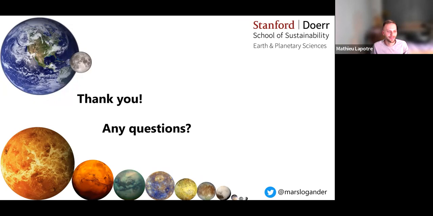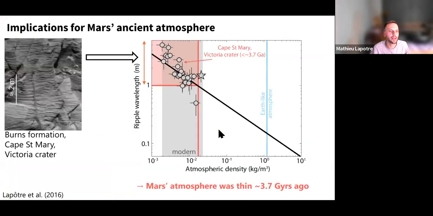I can actually turn the camera. I had a question about your third example with the ripples on Mars versus Earth. You had three equations. I'm not a sedimentologist, but I was looking for the G for the gravity. And I saw the third one had a gravity factor. And since Mars only has 40% of Earth's gravity, it seems to me that should have an impact on how the ripples form. Did you discuss that at all? Sure. Let me bring back the slide.